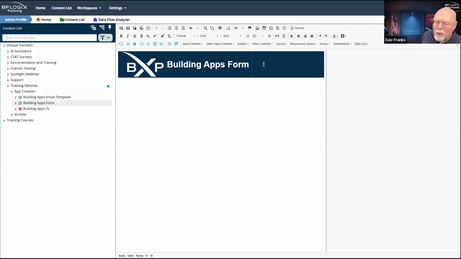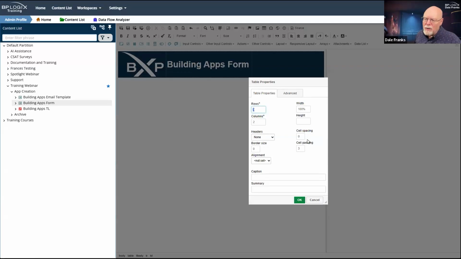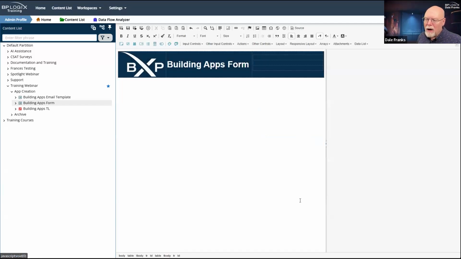I think what I want to do is add it as a nested table. If you want to do complex alignment and complex layout, you can nest a table inside another table. And that's exactly what I'm going to do. I'm going to create a new table, and it is going to be 3 rows and 1 column. And I am going to hit OK.